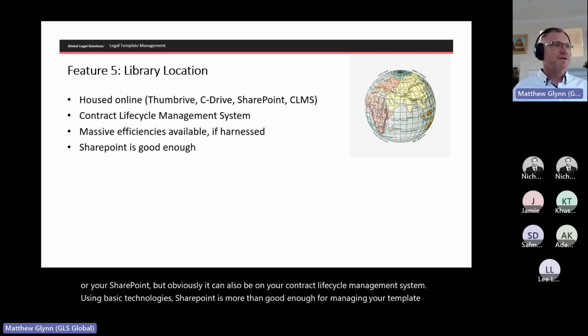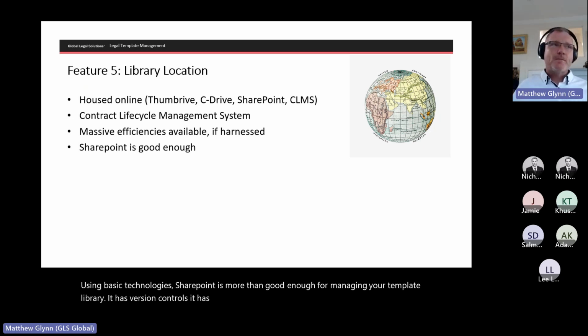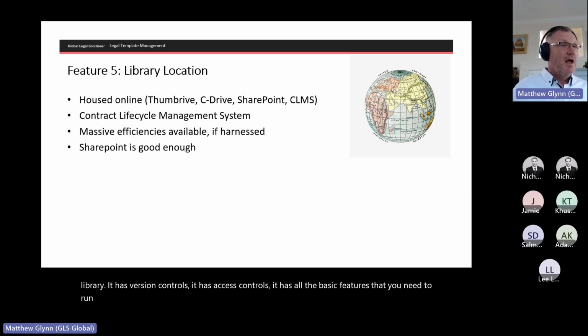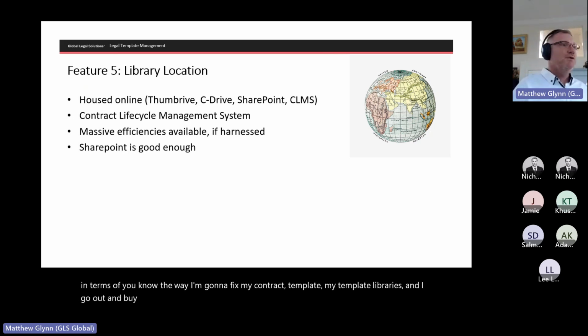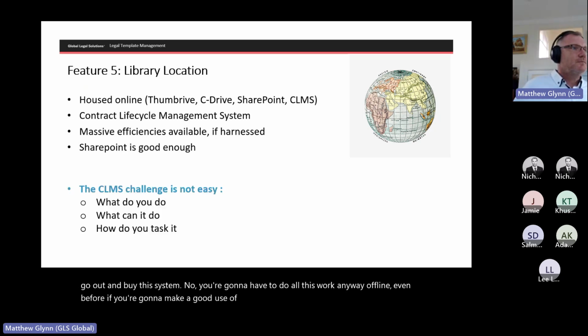It has version controls, it has access controls, it has all the basic features that you need to run a really terrific library. I'm saying that now for anyone that might need to pump the brakes in terms of the way I'm going to fix my contract template library is I'm going to go out and buy this system. No, you're going to have to do all this work anyway, offline, even before you're going to make good use of that